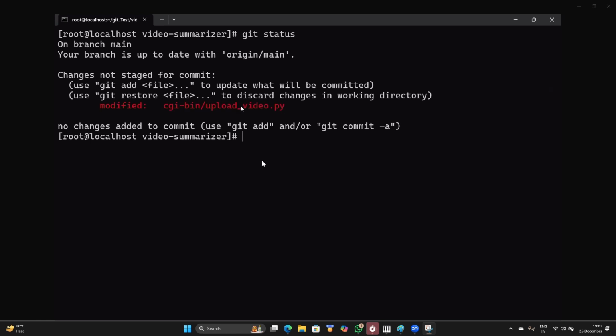So what we want to do now, you can use git add dot, git commit hyphen m. Okay, if you don't give the